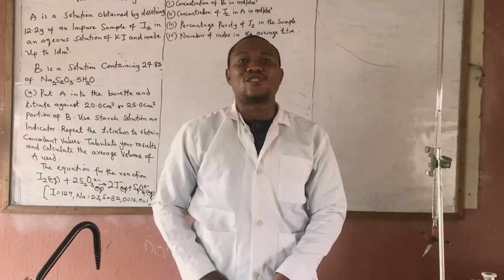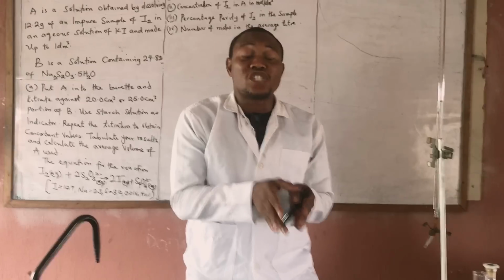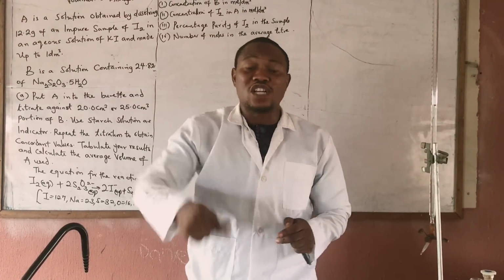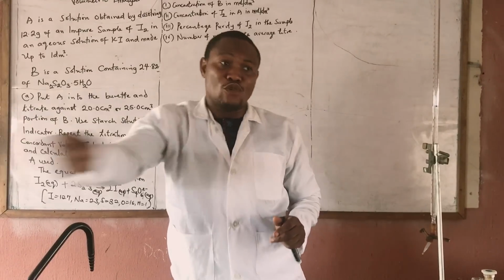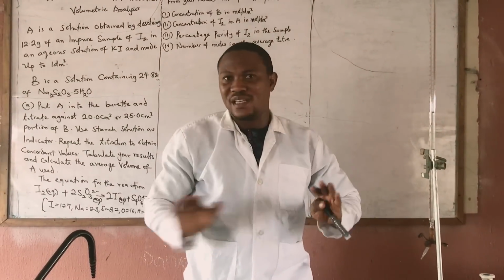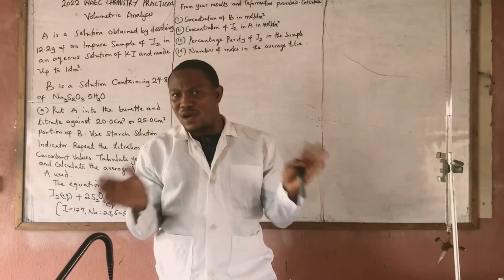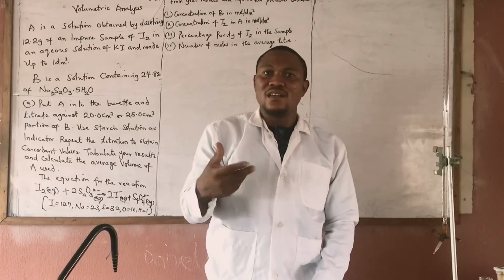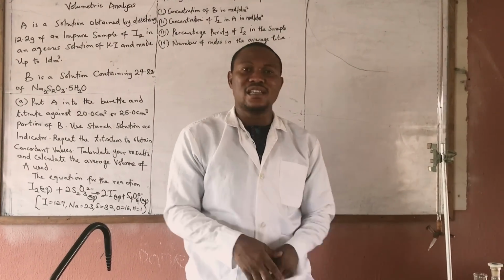One standard solution must be given, which means the concentration of one will be known. Then you look for the concentration of the one that is not known. Or the concentration of the other will be given and you look for this one. The question can come either way, so we don't need to worry ourselves at all. I hope you watch this video to the end so that you can see a lot of things that